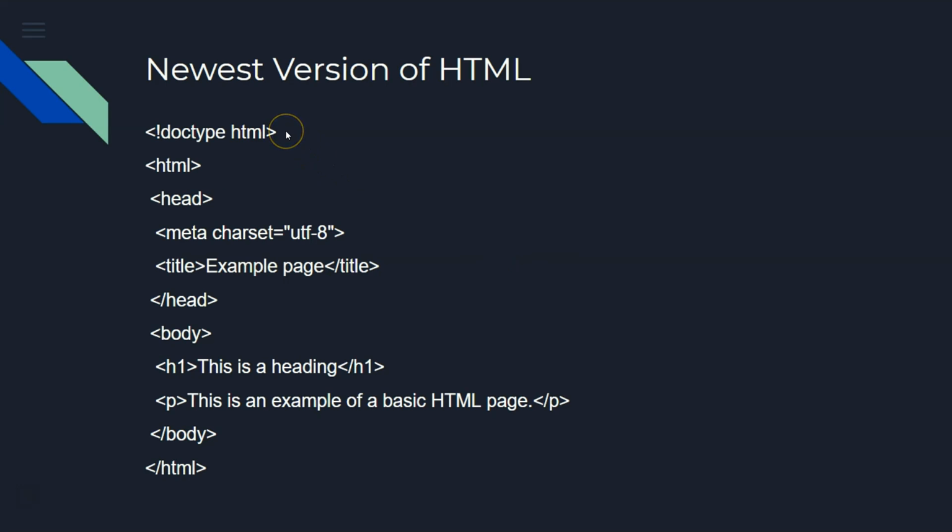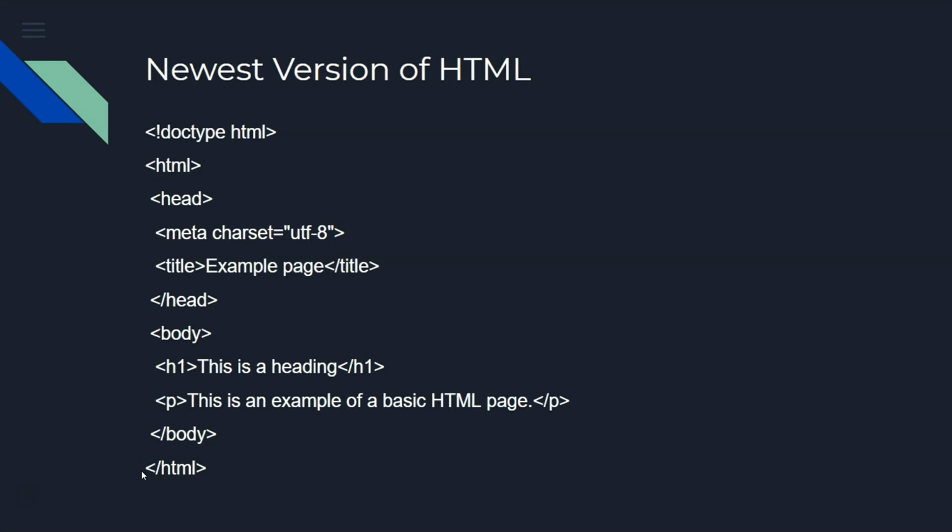So at the top, you're going to have a tag that says doctype HTML, and that is telling our browser that this is an HTML page. And then we have our HTML opening and closing tag. And we're going to learn that in HTML, we need to have an opening and a closing tag for everything. So what that means is the opening tag is a less than, HTML, and a greater than. And then the closing HTML is the less than, slash, and then the greater than. And everything inside of that HTML tag